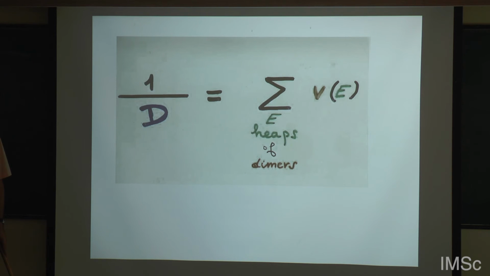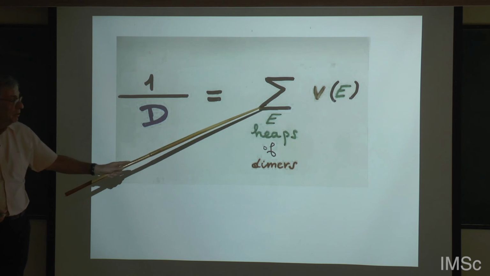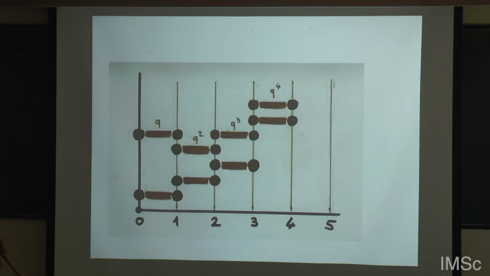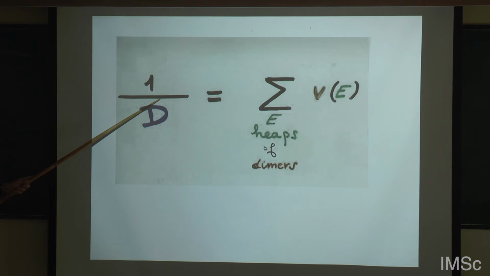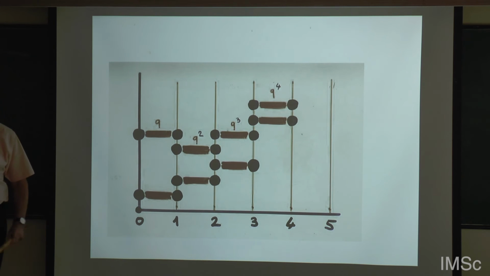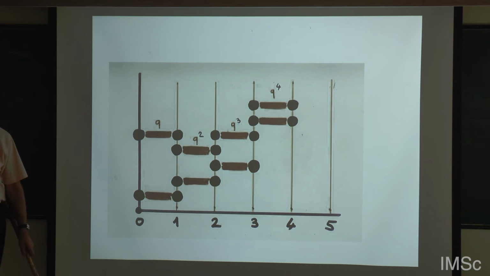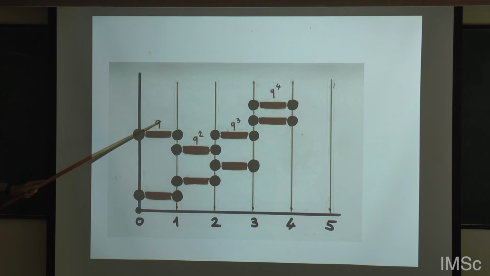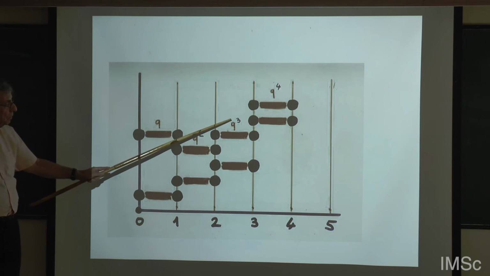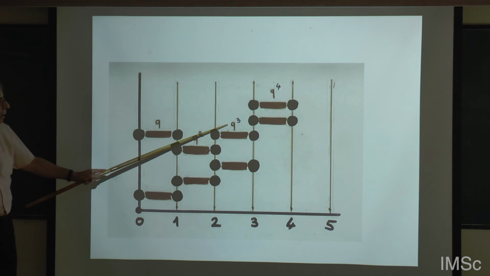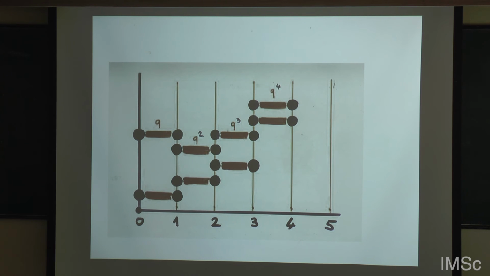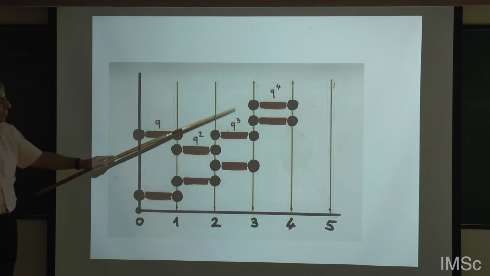The inverse of trivial heaps of dimers is going to be the generating function of heaps of dimers. So what I get, this is a general heaps of dimers, and this is the inverse of the denominator, the inverse of the first Ramanujan identity. And I have to show that this is exactly the generating function of quasi-partitions, with the weight, you see. I put positive weight, because in Andrews' theorem there is a minus 1 something, so I have to prove it only up to the sign. So this is weight q, q2, q3, q4.